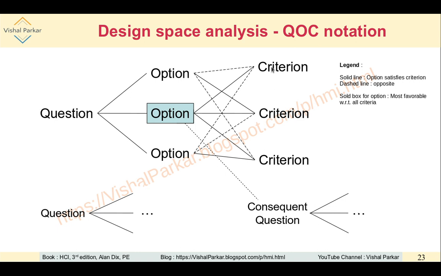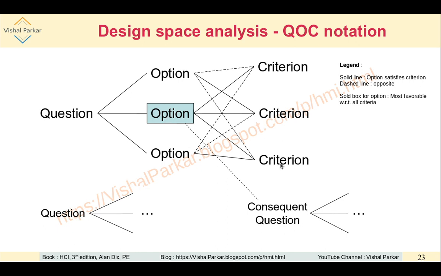And that's why this particular option is shown to be in a solid box, and that indicates the most favorable option with respect to all the criteria present here.